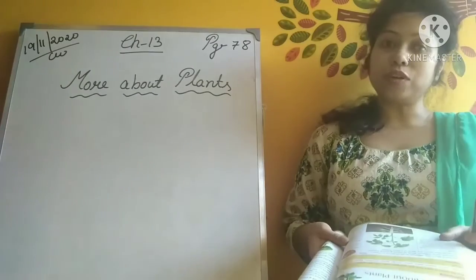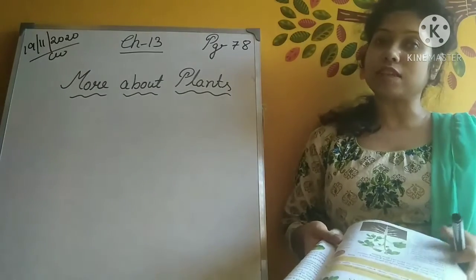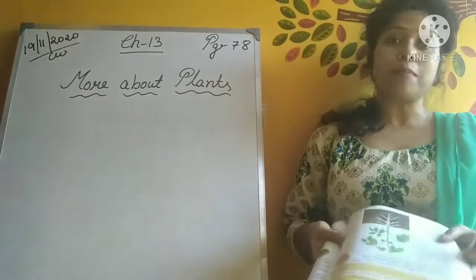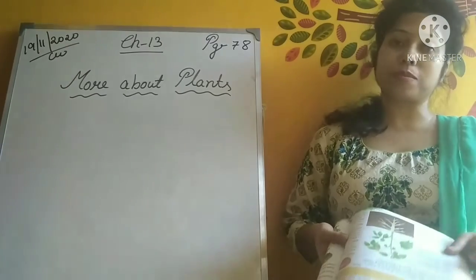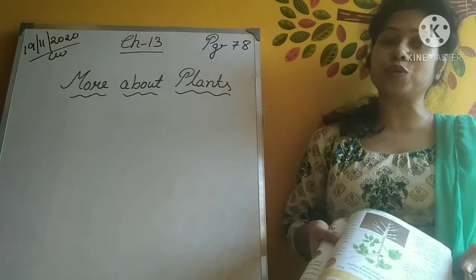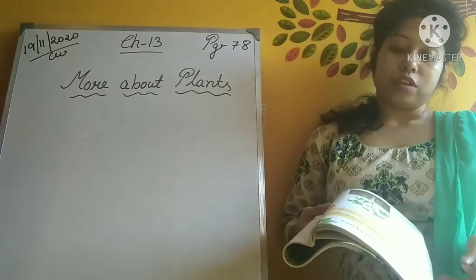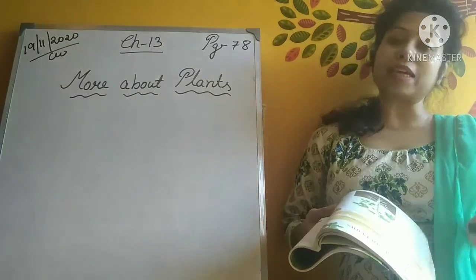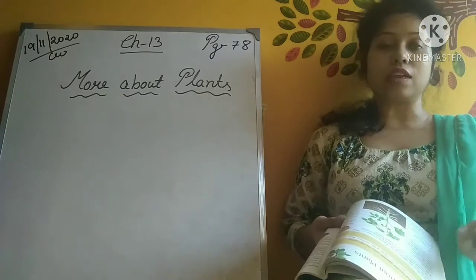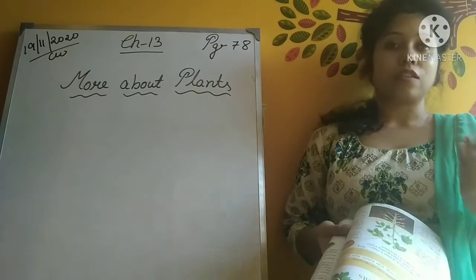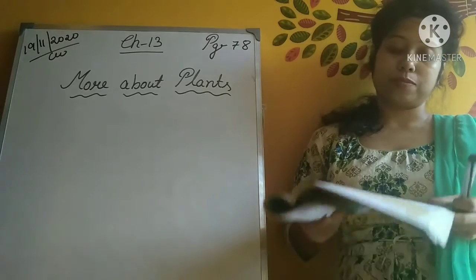So in class 1 you were familiar with this lesson. That means you read about many plants, vegetables that you can find around you, right? So here you will get to know many more things apart from those. Okay, so let us study what are those.